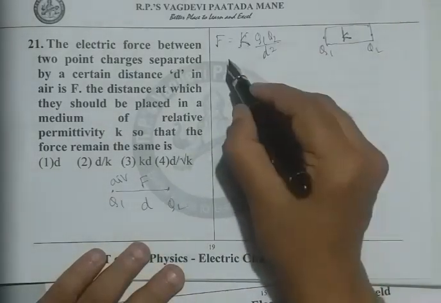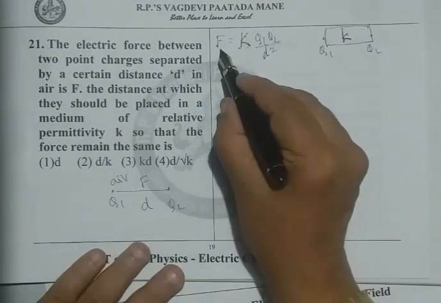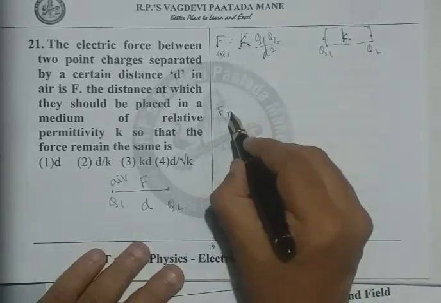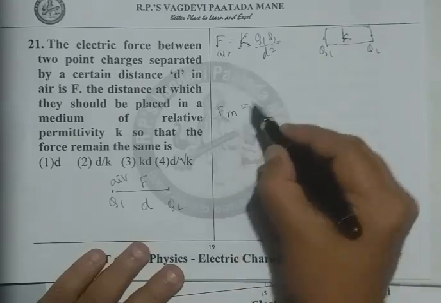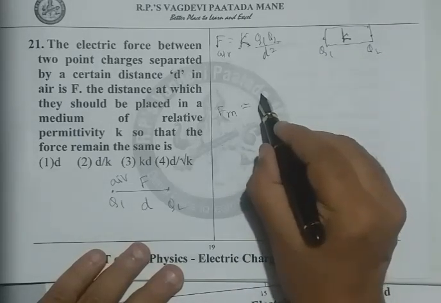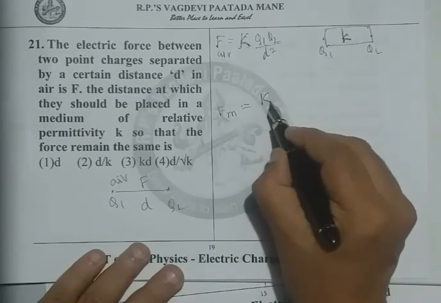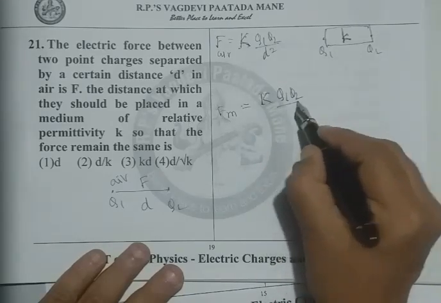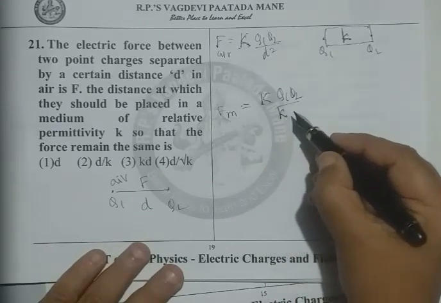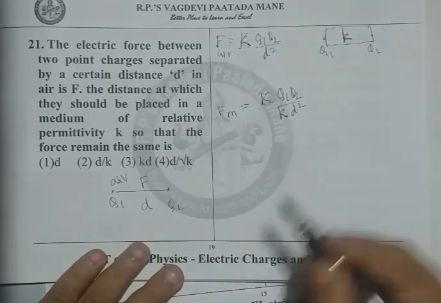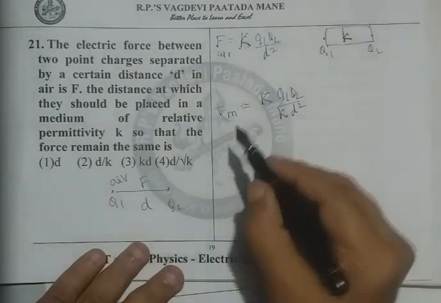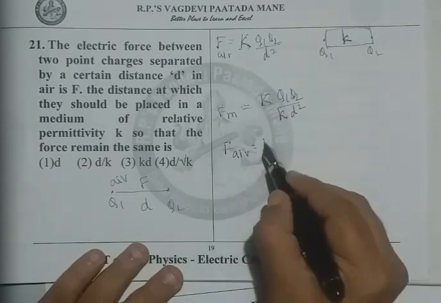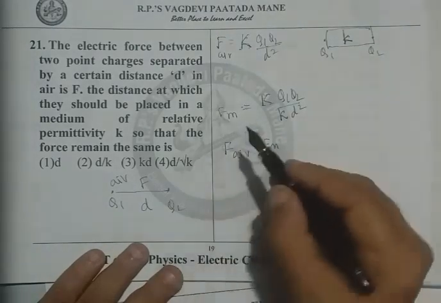Now the force with the medium, this I write as force with air, this I write as force with medium. What I can write is the same constant K, Q1, Q2 by dielectric constant k, D square. For the forces to be equal, F air to be equal to F medium, then